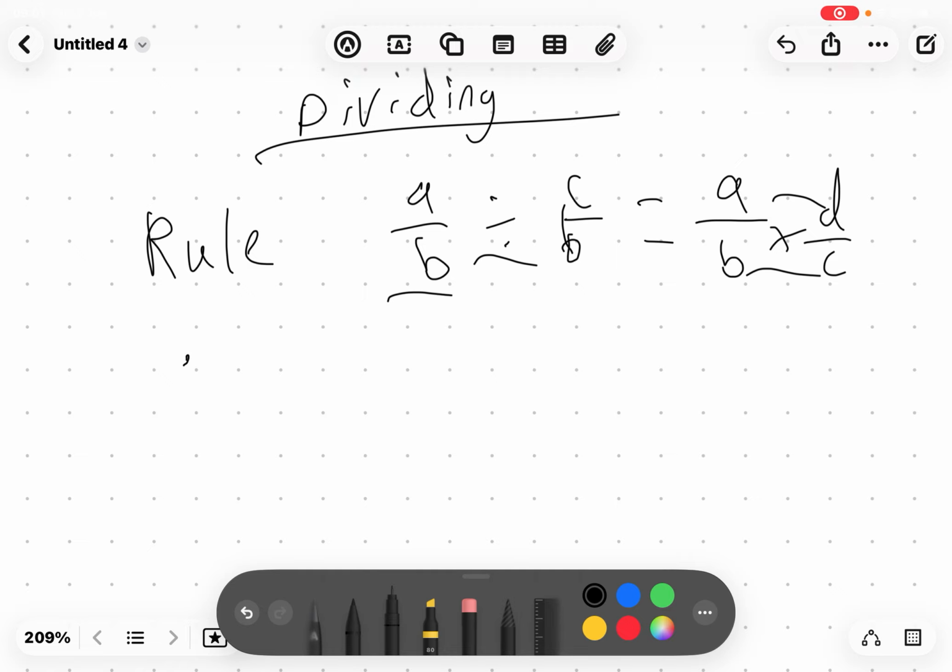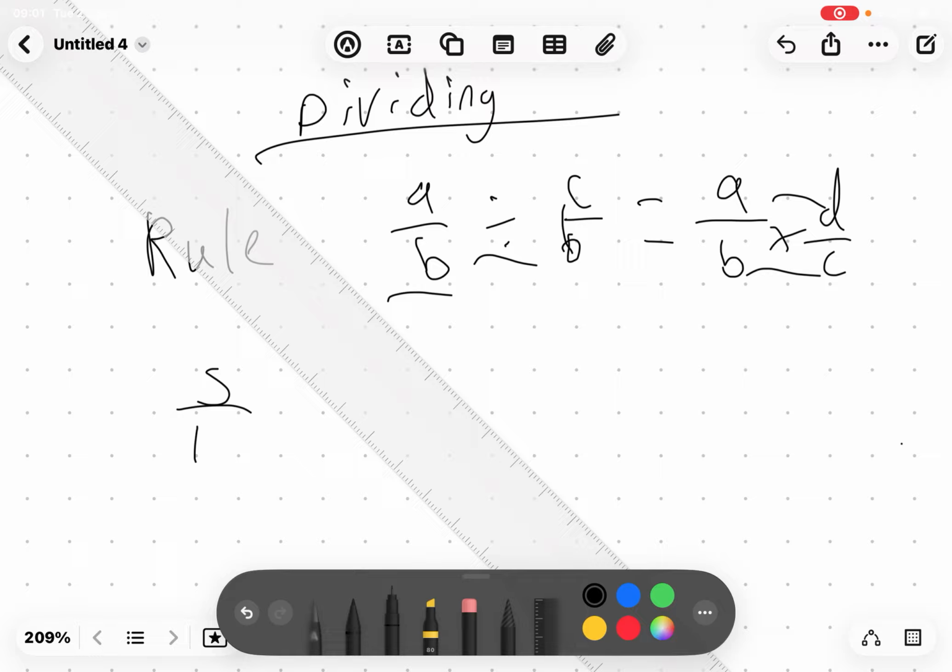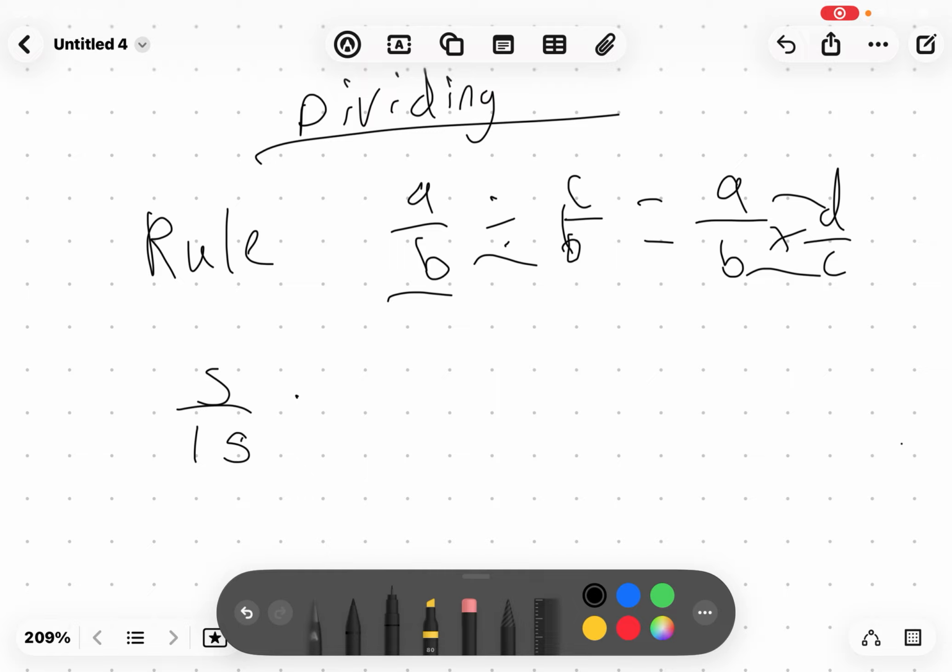So let's say we have 15 divided by 3 over 4, right? Straight away we just make it